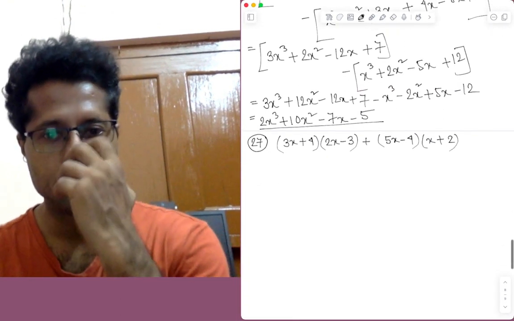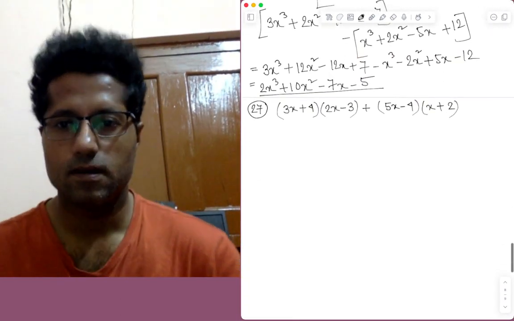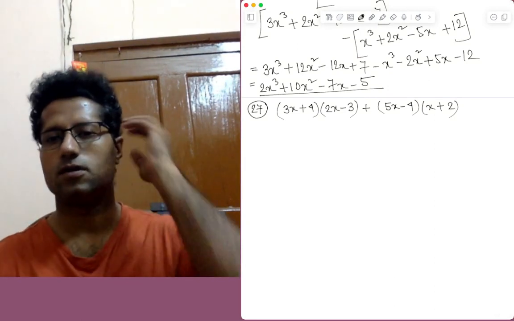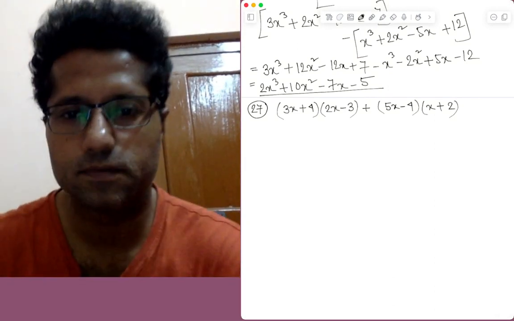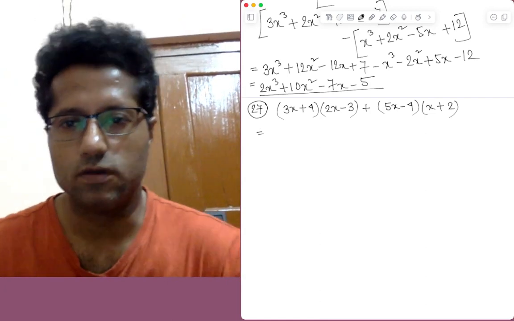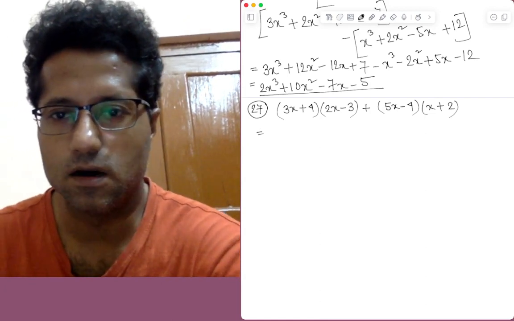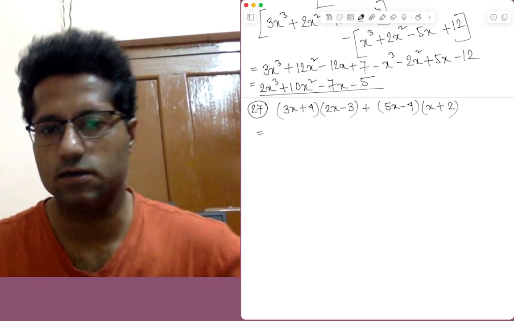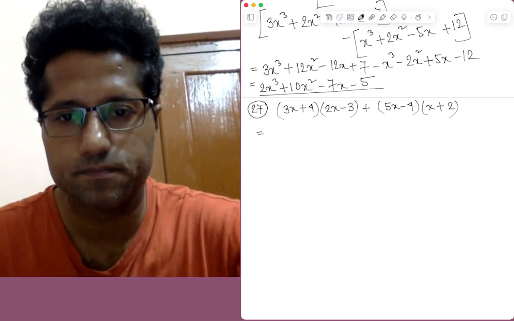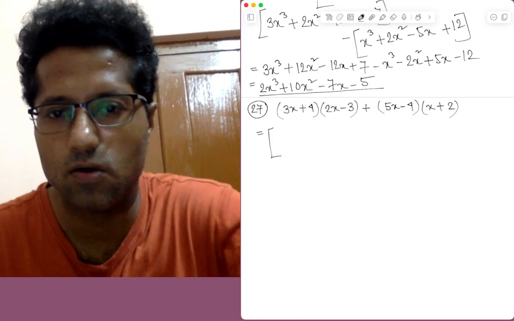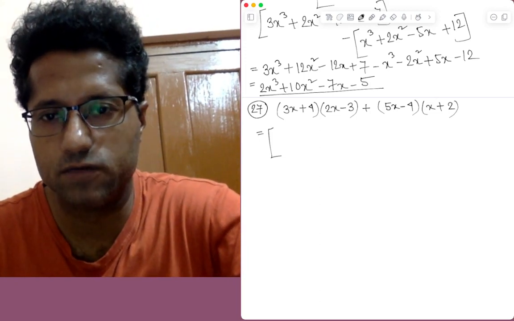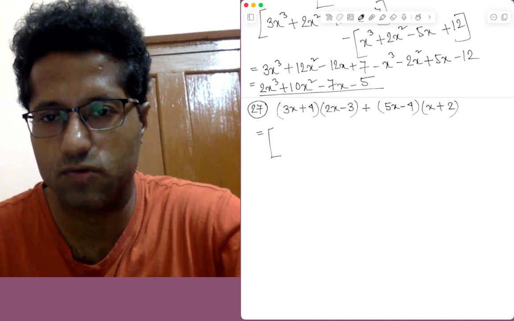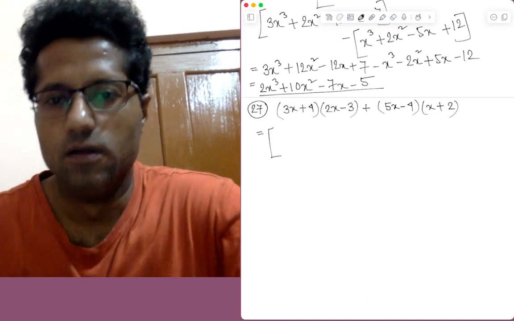Okay, let's do question number 27. This is also a sum of two products, and the products are products of two binomials. So for the first one, it is better to keep the two products in another grouping symbol. Now when we are doing the product of the first product, that is the binomials 3x plus 4 and 2x minus 3, we first